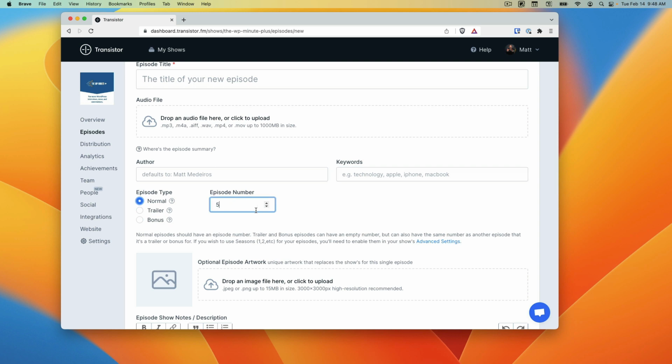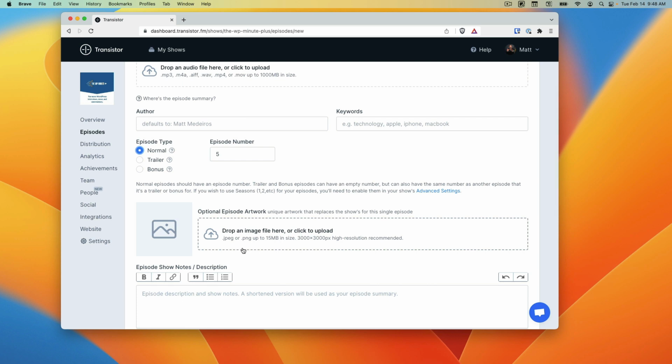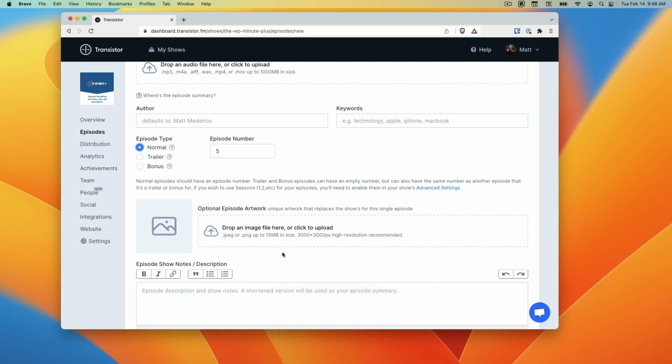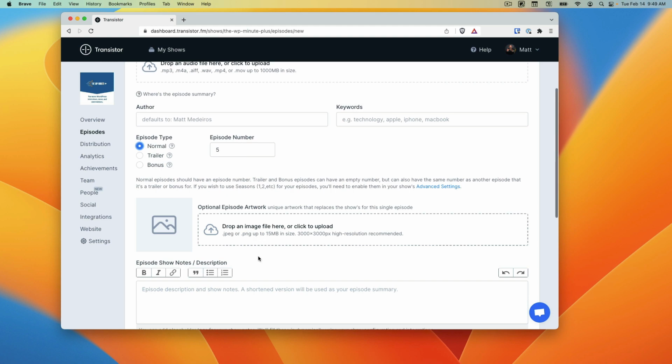You can give it an episode number. The great thing is Transistor just moves that number up for you, so you never really have to type it in unless for whatever reason you need to override that. You can give the particular show its own artwork. It'll default to your cover art, but if you have a particular episode image, maybe it's the person you interviewed, maybe it's the place that you visited in this episode, you can upload a unique image right here just for